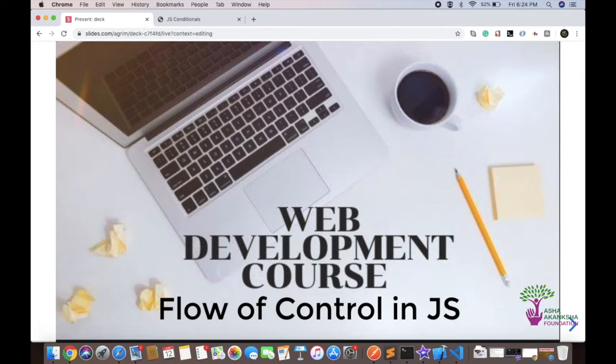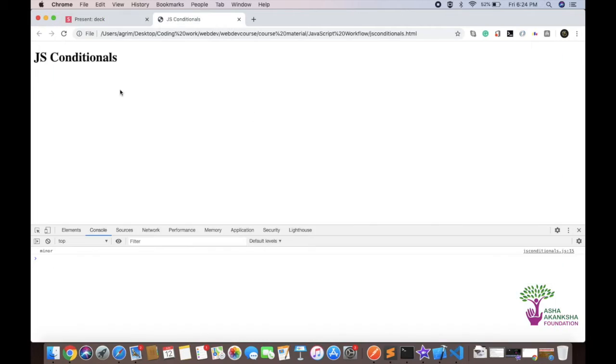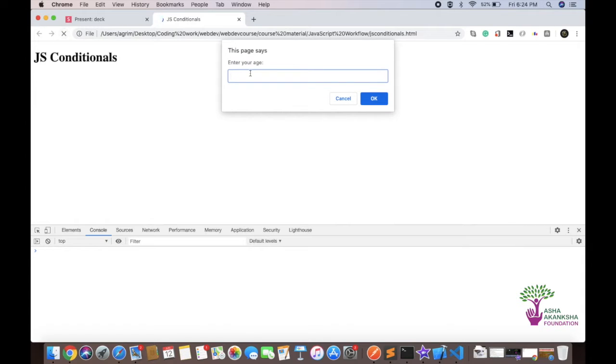Hi, welcome back. In this video, we are going to see some more complex conditionals that you could use, and some different forms of conditionals. They are not complex, they are the same thing, but some more flexible forms of conditionals that you could use, right? So in the last video, we had built something like this, where if you refresh, it asks you